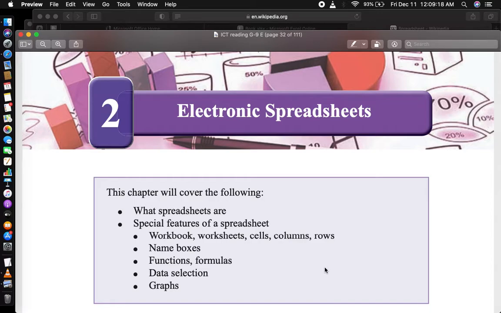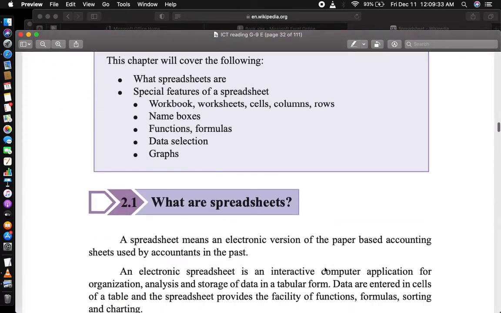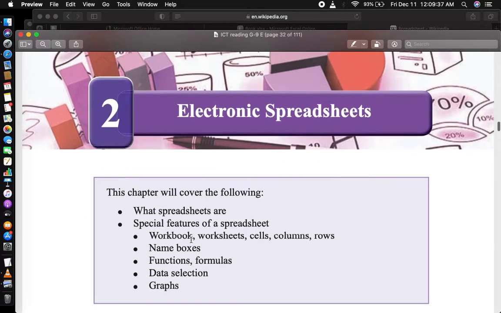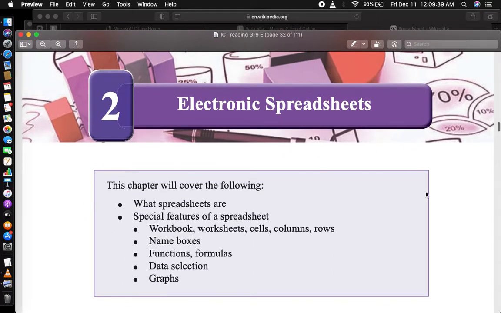Lesson, and for grade 9 ICT reading we are going to start on page 22 today. The title of this lesson is Electronic Spreadsheets. If you turn to page 22, in the opening, under the opening title, it says this chapter will cover the following: what spreadsheets are,